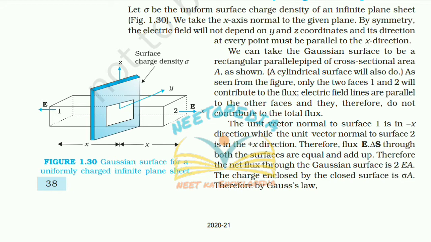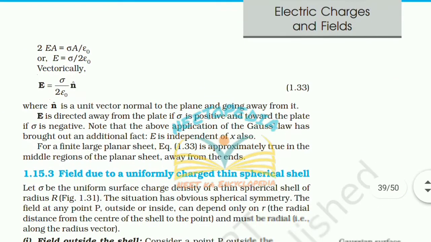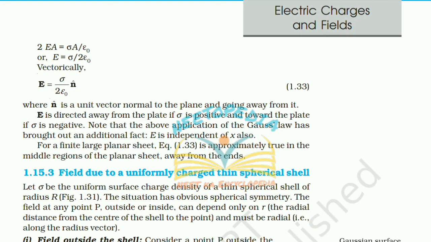The unit vector normal to the surface 1 is in minus x direction, while the unit vector normal to the surface 2 is in the plus x direction. Therefore, flux E dot delta S through both the surfaces are equal and add up. Therefore, the net flux through the Gaussian surface is 2EA. The charge enclosed by the closed surface is sigma A. Therefore, by Gauss law, 2EA is equal to sigma A upon epsilon naught,